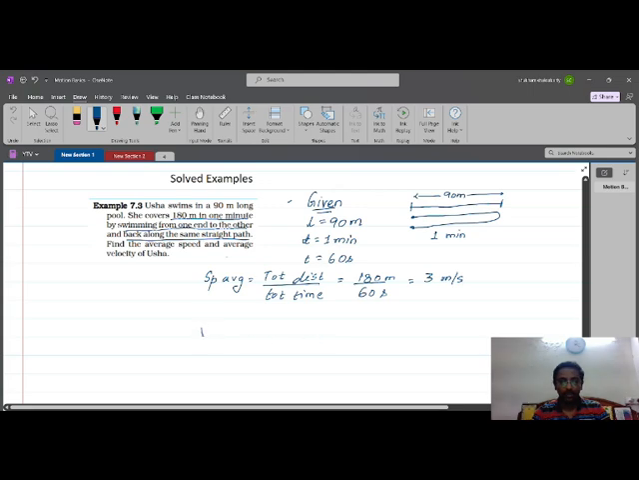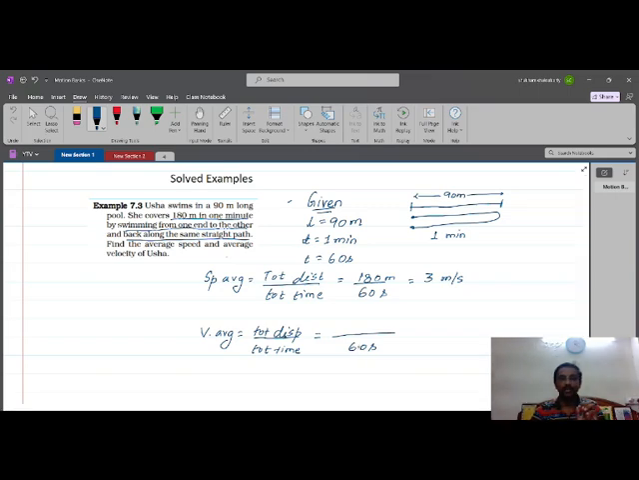Now, average velocity. Remember the equation for average velocity? It's total displacement upon total time. So the question is, what is the total displacement? Because the time is 60 seconds. Now, how do we talk about total displacement? Total displacement is the straight line distance or the straight line path length between the initial point and the final